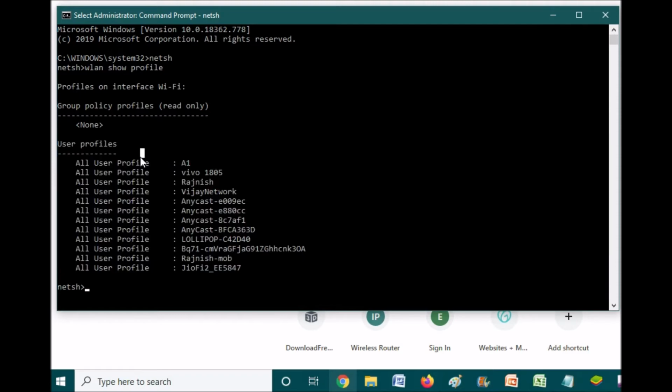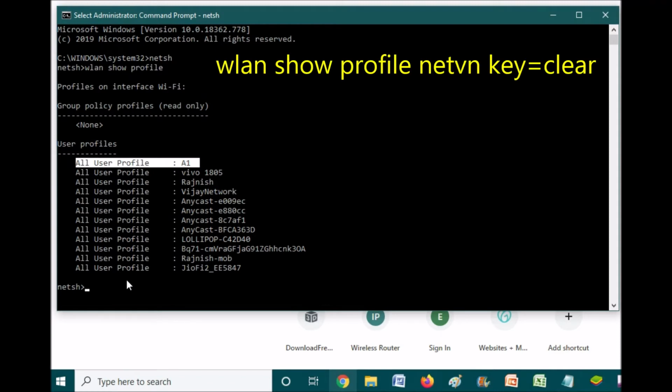Now the next thing is, suppose I take the first user profile A1, or SSID A1, and find out what is the security and password with this profile. Type the command wlan show profile A1.